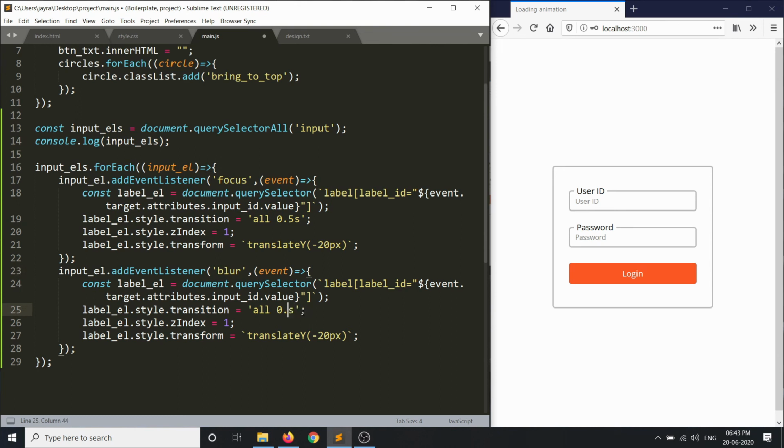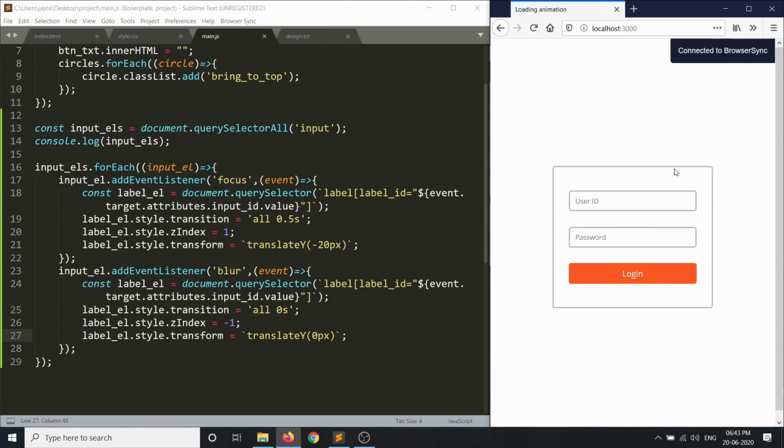And the transition, now we want it to happen abruptly. We want to push them back, and then this translate will restore it to the original position. Let's see what happens now. Okay, we have user ID. If I click outside, it goes away. Click on password, you enter the password, you click outside, it goes away. So that looks very good, right?